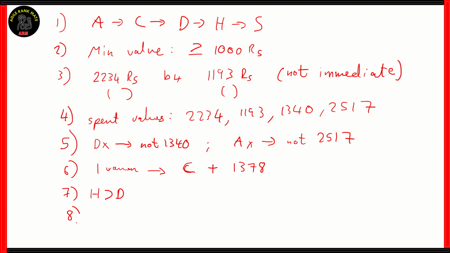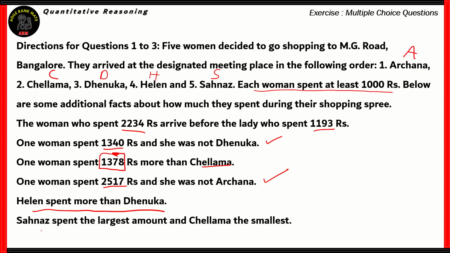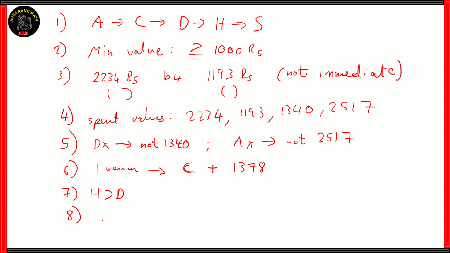Always. And the final clue being Sehnaz spends the largest amount and C spends the smallest. So S has the maximum spent value, and C has the minimum spent value. Now, if we look at clue number 4, you see that we're given 4 spent values. However, we know from clue 1 that there are 5 women. So the first step is to calculate